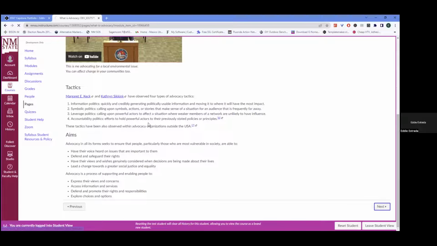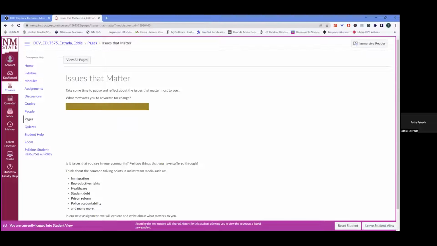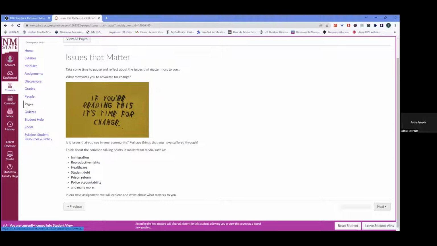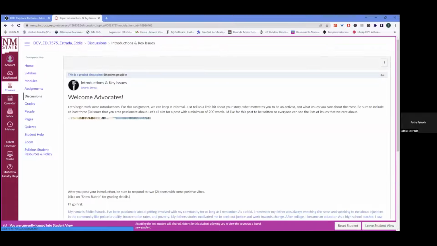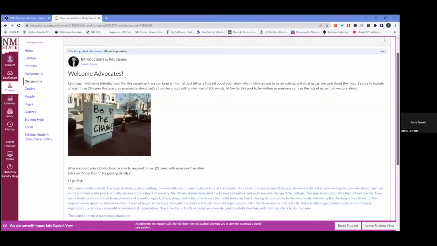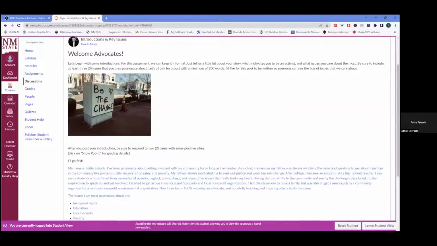And then we move on, after this, to the students' community building discussion post. So the first assignment for them is to introduce themselves and identify the key issues that they are passionate about. So it could be immigrant rights, the economy, the environment, things like that.